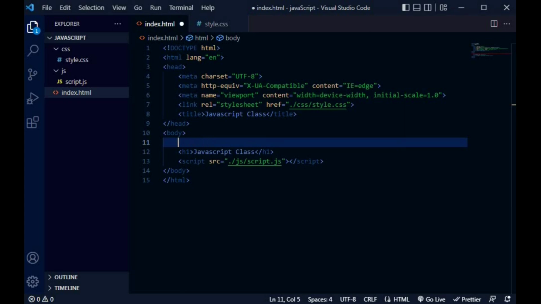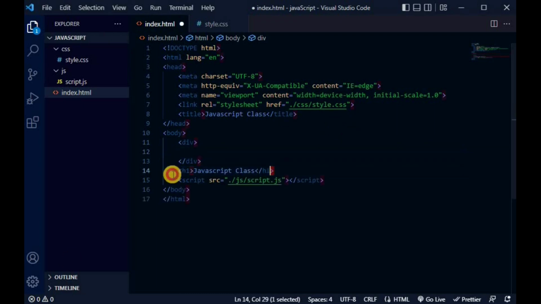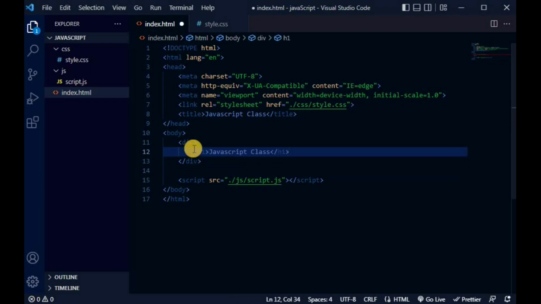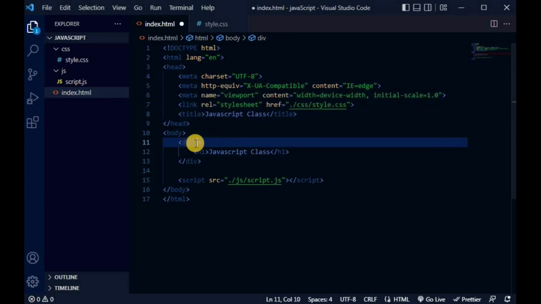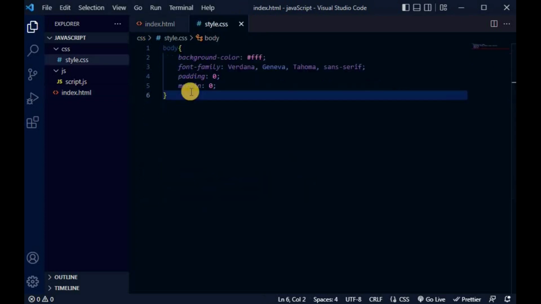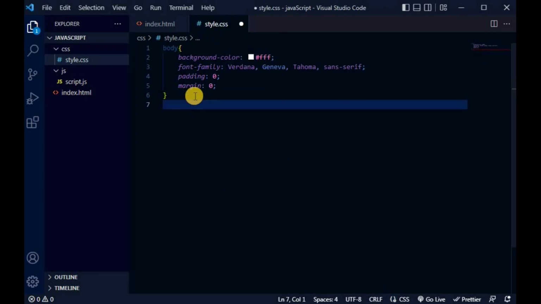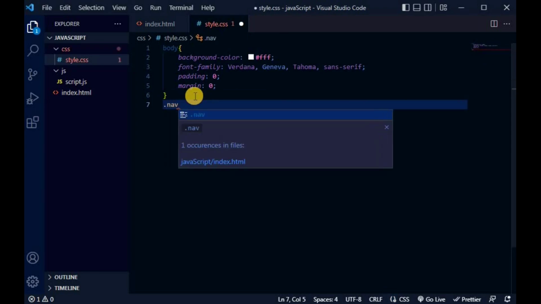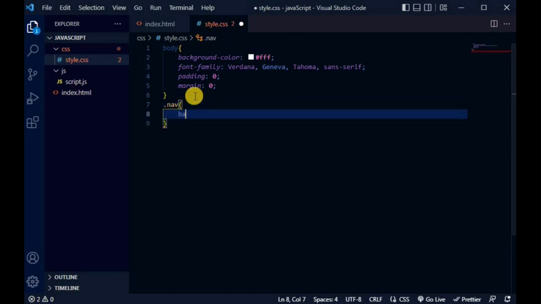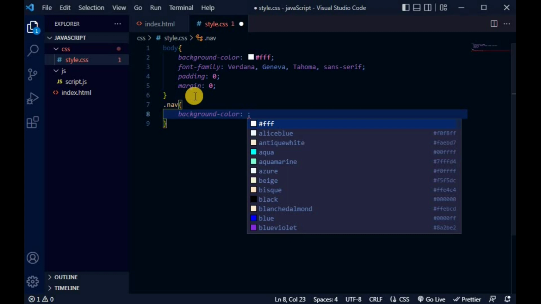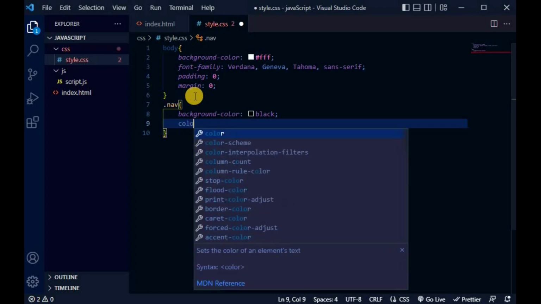There's no need for all this, but I just want to make it look a little bit styled. So we're wrapping it around the div, and we're giving the div the class of nav, so we can now pick it up here in our CSS and say nav, and we want to have a background color of, let's say, black, and we want the text color to be white,